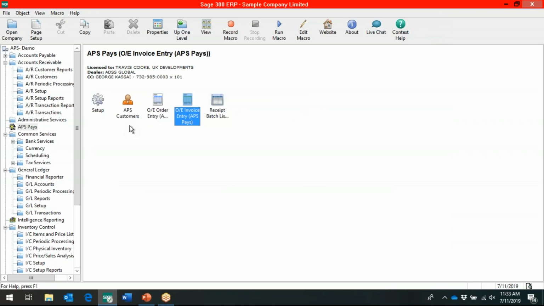Now, if you are creating invoices through accounts receivable directly, you can always do that through the receipt batch list, and you can open that up and create invoices that way, or you can refer to previously created invoices and pay them through credit card as well if that's required. Okay? So that's really it for the demo for today. Sean, do you have any questions on your end?